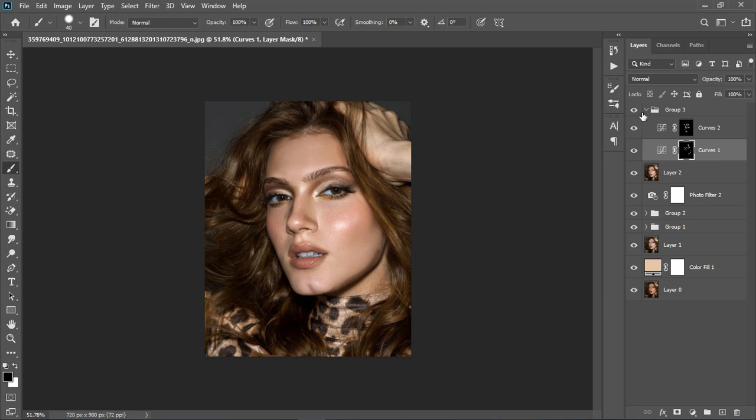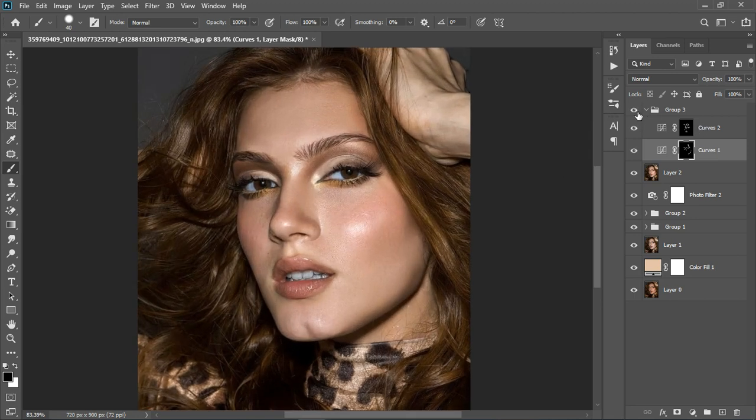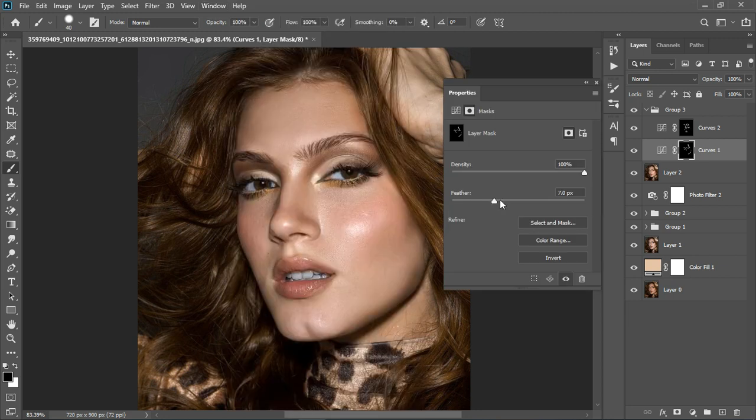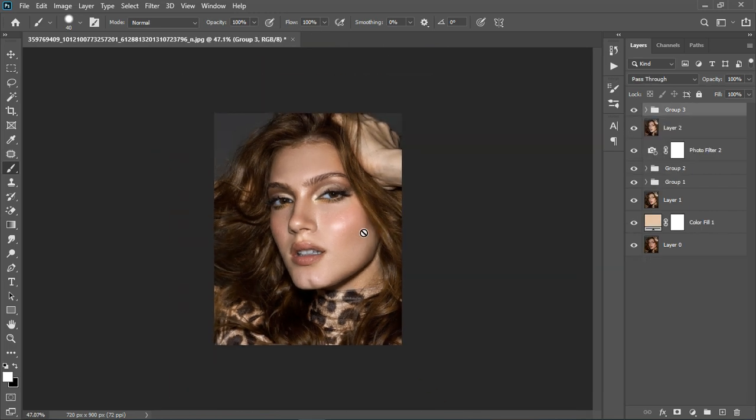So let's just see before and then the after. So you can see the changes. Let's do it again, before and then the after. So it adds just the 3D dimension to the image. Let's increase it a little bit so it won't be pronounced. All right, so I'm going to close it now. You can either close the video or end your editing here, or go to camera raw filter to do more